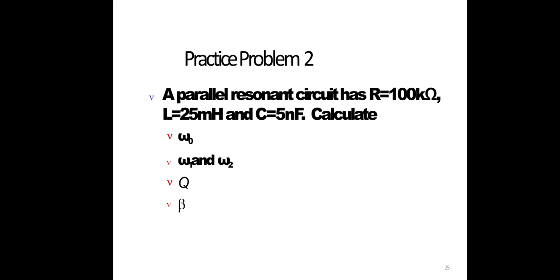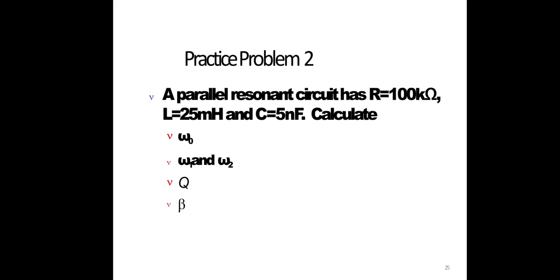That is the frequency omega naught, and now you will find the Q value. Q value in a parallel resonant circuit is omega naught into RC. Once you found omega naught, that value should be substituted there. That means 90 into 10 to the power of 3 into R, which is 100 into 10 power 3, and C is 5 into 10 power minus 9. 9 into 5 into 10 power minus 9, and 10 power plus 1 both cancel. 45 is left. That is the Q value, we get 45 here.